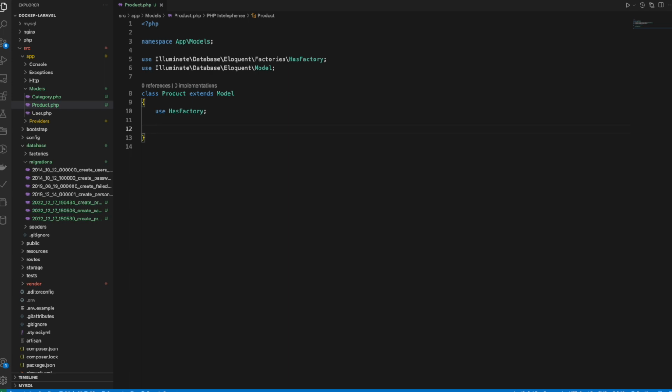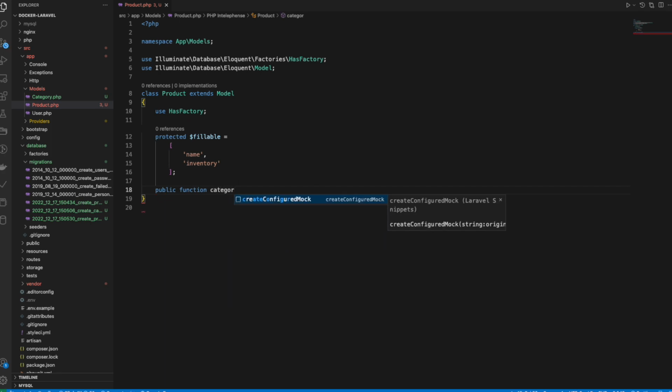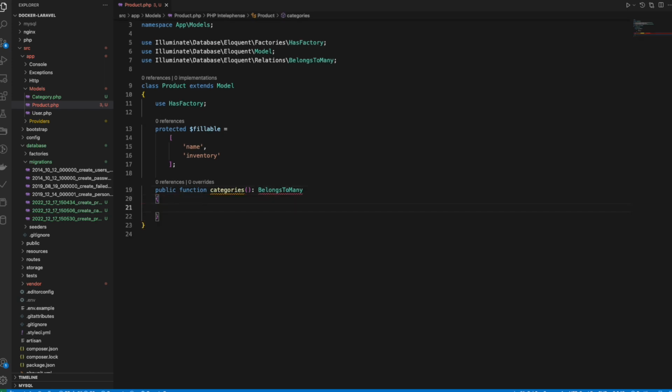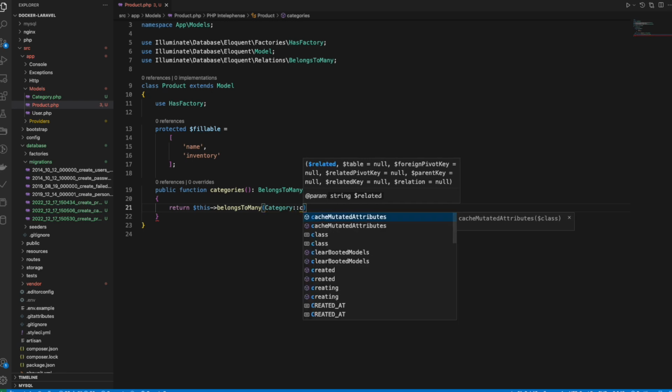Okay, let's add the label attribute. It's going to have a name and inventory. The other function that I'm going to define is the categories function. It's going to return a belongs to many result, returning this belongs to many Category class,